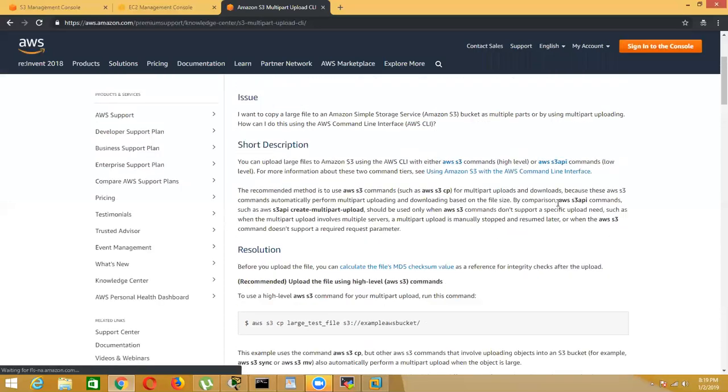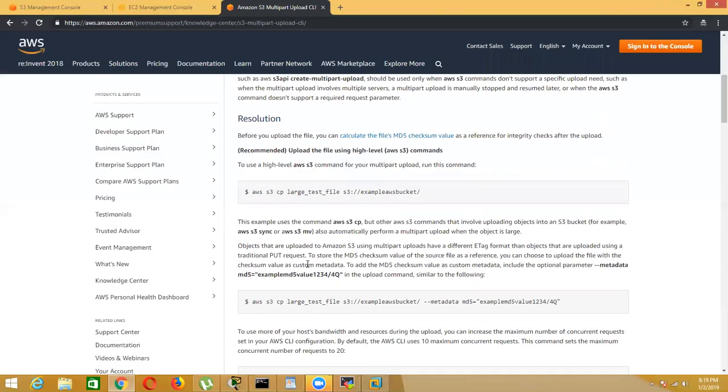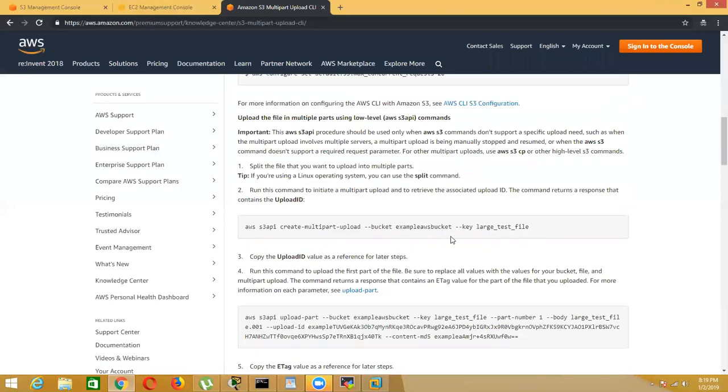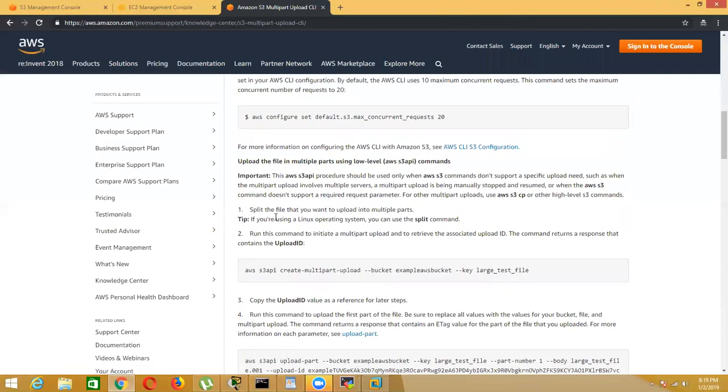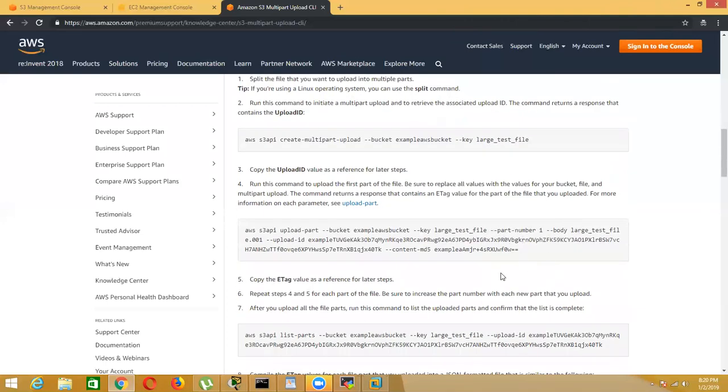So here are the steps we have to follow. Step number one, you need to create a multi-part upload. First, you need to split the file into different pieces. In Linux, you have to use the inbuilt command called split in order to split the file into different pieces based on your requirement, 50 MB, 1 GB, 2 GB, something like that, based on the size of the file. And then you have to put them in different parts, part 1, part 2, part 3,